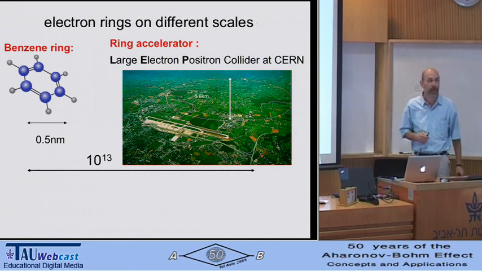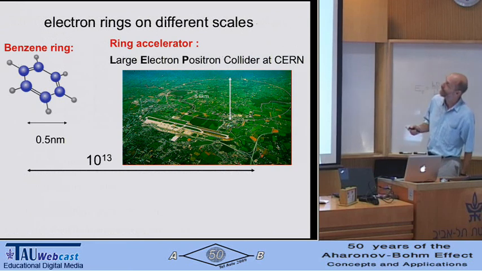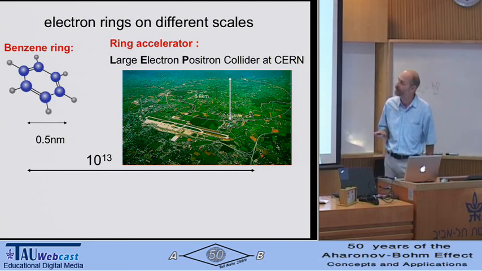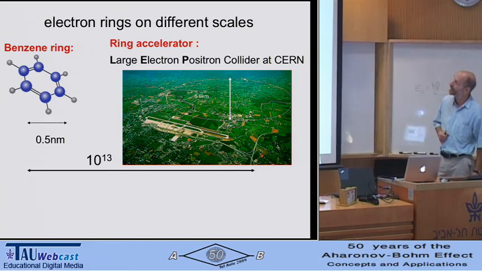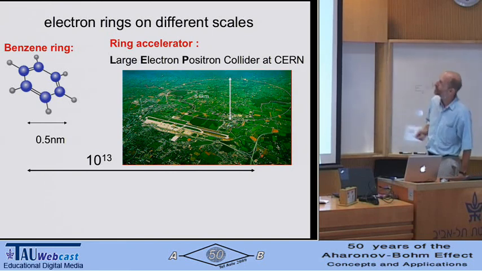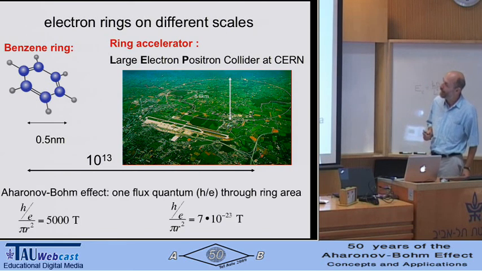Okay, let me just compare the typical mesoscopic rings to other rings that we have. I think the smallest ring that we have is a benzene ring, 0.5 nanometer or so diameter, and here is the LEP. That's the predecessor of the LHC. And I just wanted to flash this here if you look at the orders of magnitude in difference in length scale. And now if you apply a simple Aharonov-Bohm argument to these 2 ring structures,